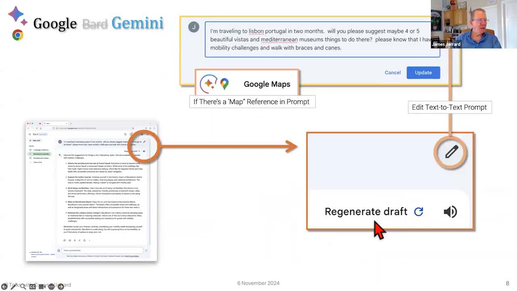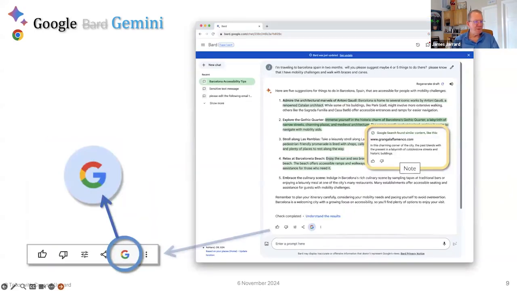This has changed a little bit. Again, you're going to see something like this, and you're going to be able to regenerate. So here's the prompt up here. I say regenerate, I change it, edit it, and it does it again. And you can get to Google Maps to come up with stuff.